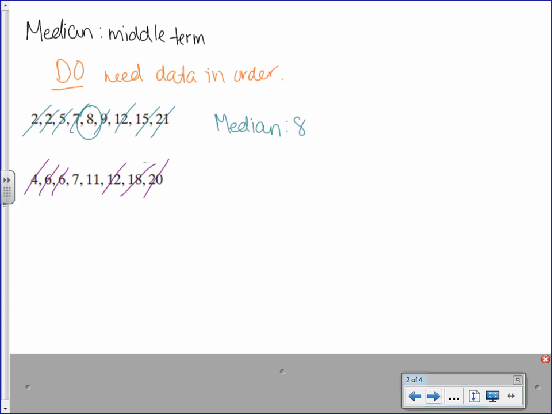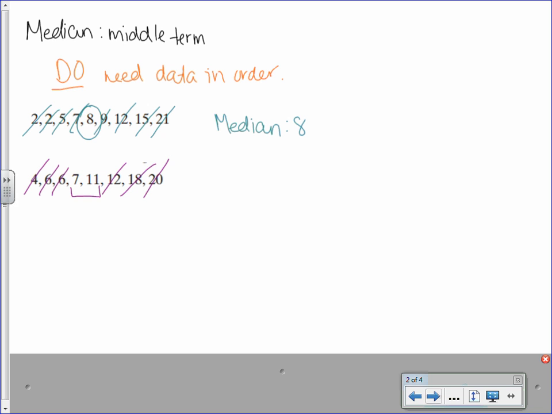Okay. You can't keep going right now because if I cross off this 7, I gotta cross off this 11, and then I'm left with nothing in the middle. So in this case, I obviously can't cross off this 7 and 11 because then I'd cross off all my data. So what we need to do here is these two terms in the middle, I need to take